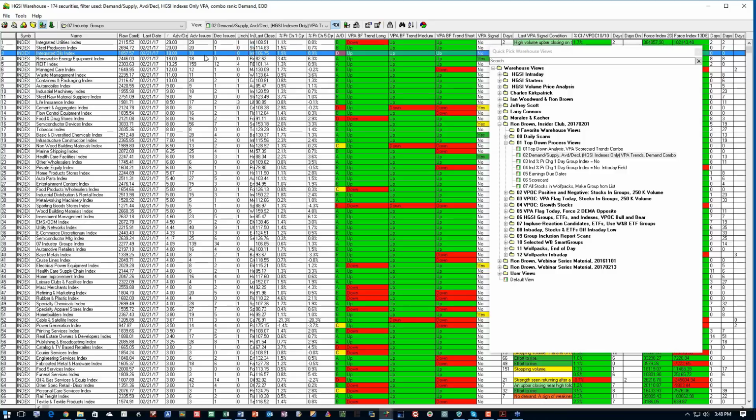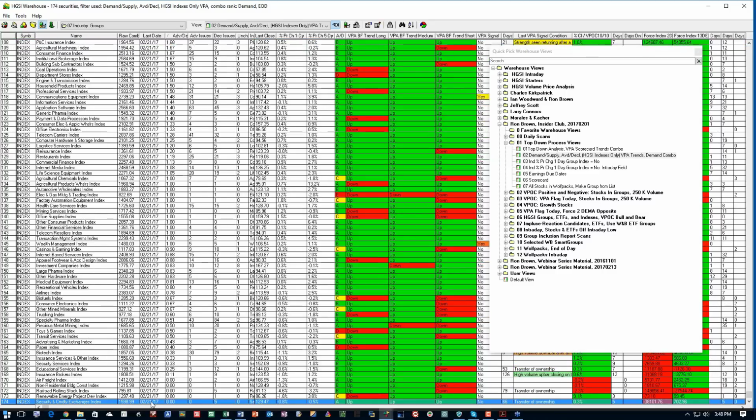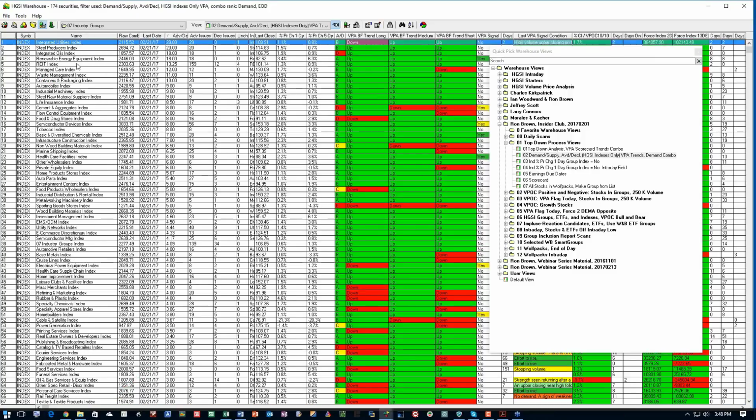Integrated oils. I don't know where oil closed, but it was very strong at the open today with threats of more OPEC cuts. I mean, you know, you're playing the news there, but anyway, the index followed through, and then renewable energy equipment and so on. I'm going to go down to the far end. Let's see what's down here. Security, commodity exchanges down at the bottom, the lower left, 0 up and 5 down. There were some groups with some weakness, but in this type of market, we really need to concentrate on the